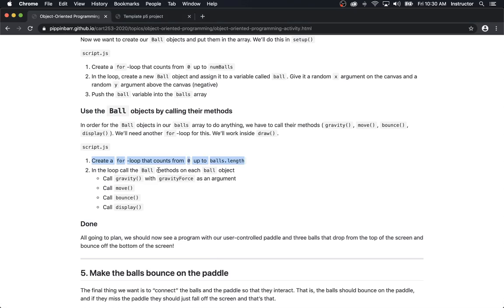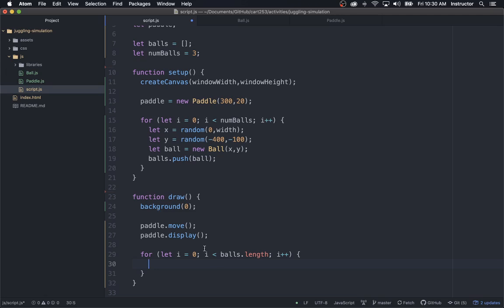In the loop, call the ball methods on each ball object. So gravity, move, bounce, and display. So I'm just going to call them. First of all, I'm going to pull out the ball just because I find this more readable. So I'm going to pull out the ball at the current index that I'm counting from. So this will be 0, then 1, then 2 as the loop executes. So this will be the ball at position 0, then position 1, then position 2. I just find this more readable because then I can just say